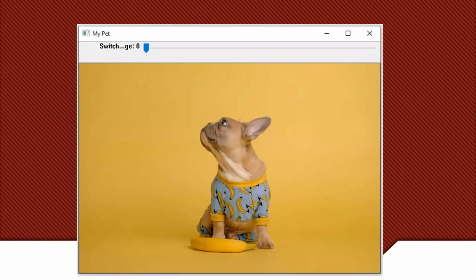But if you move the cursor, this pet will move here and there. That is how they used the real time. You can see at the top, there's a cursor movement. If you move the cursor towards your right hand side, that dog face will also move towards the right hand side.